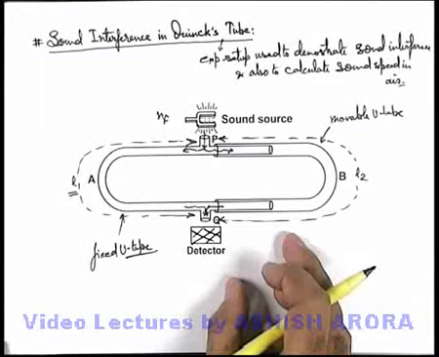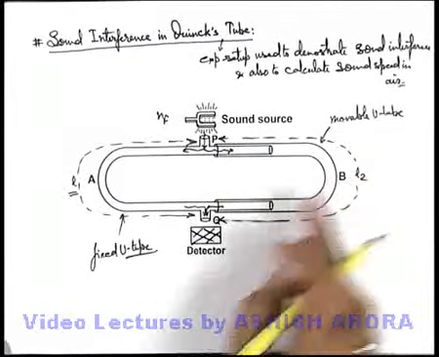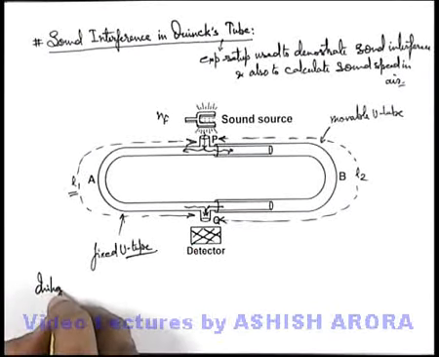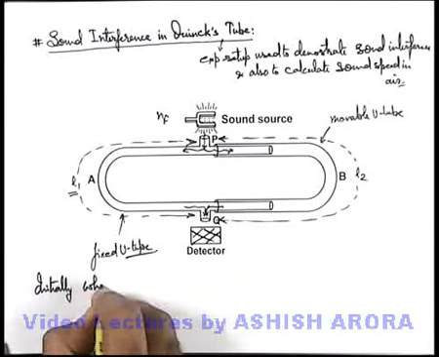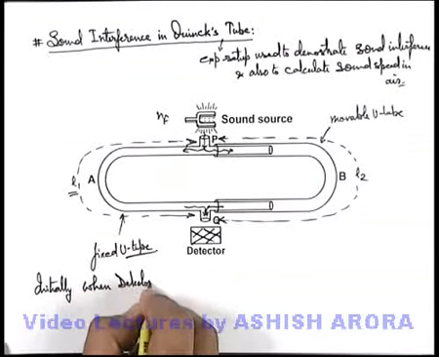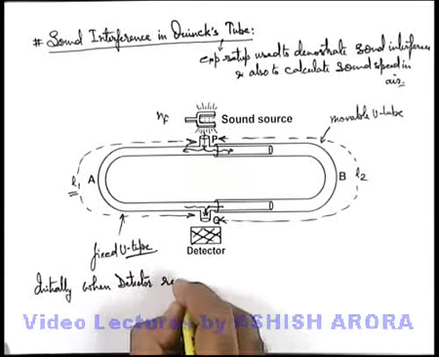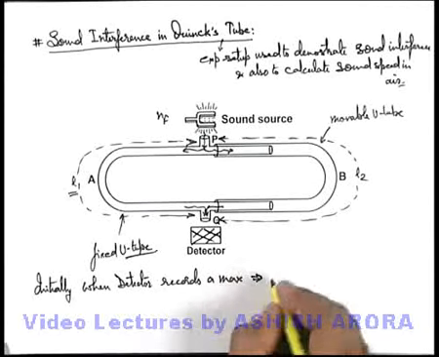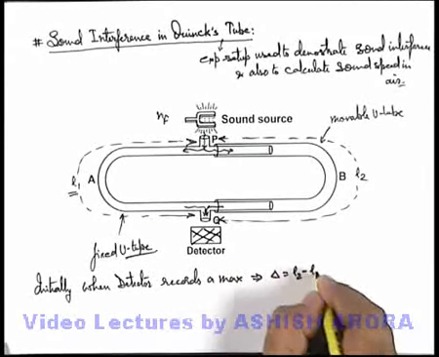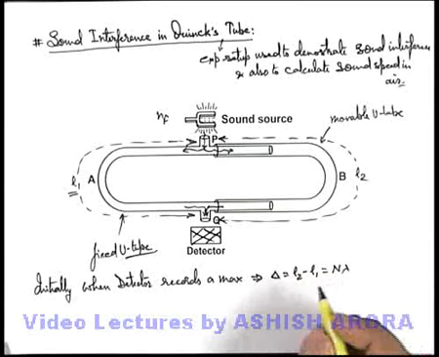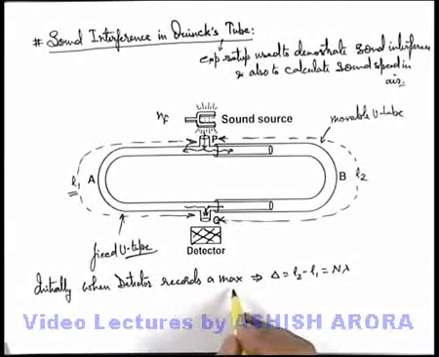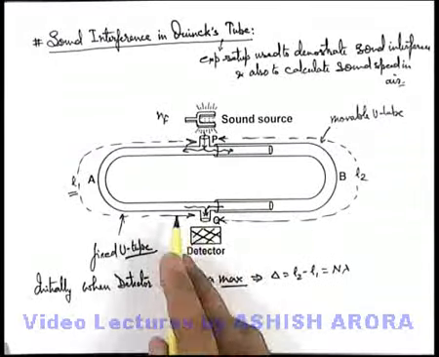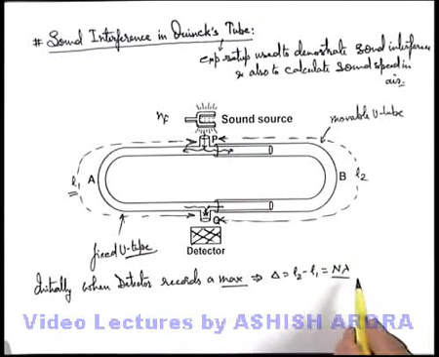Now initially B is adjusted in such a way that the detector will detect a maxima. So we can write initially, detector records a maxima. This implies the path difference, which is L2 minus L1, must be equal to n lambda, because we know sound maximum is detected at the point of constructive interference, and the path difference in the interfering waves must be a multiple of lambda. (1)